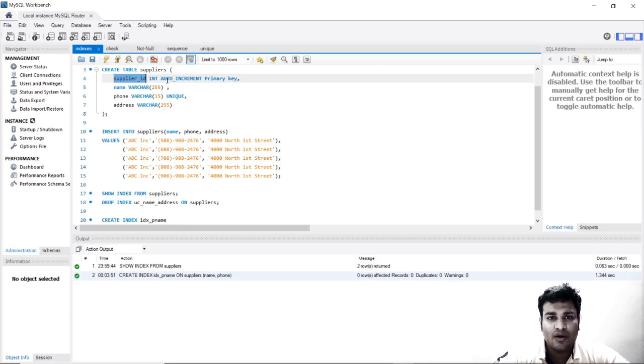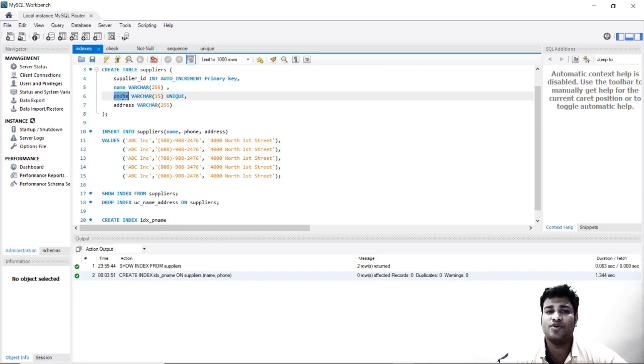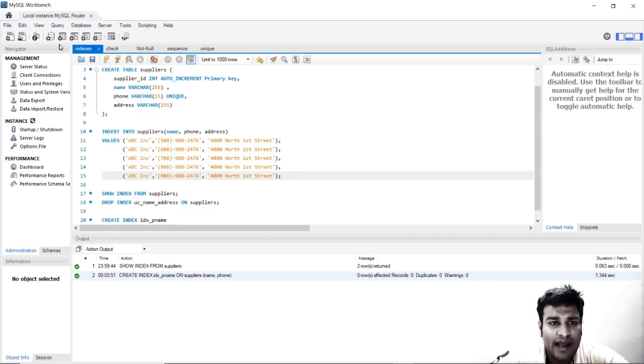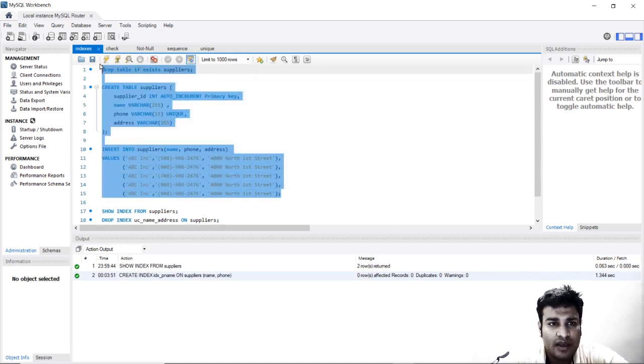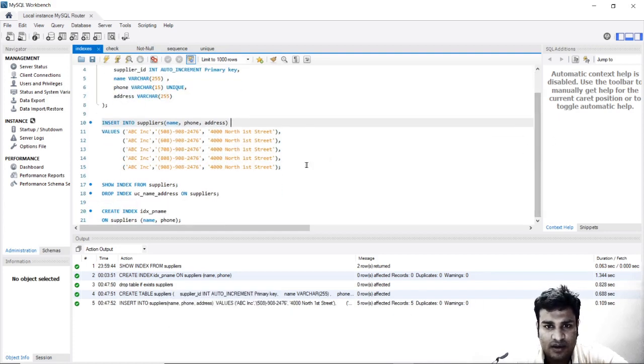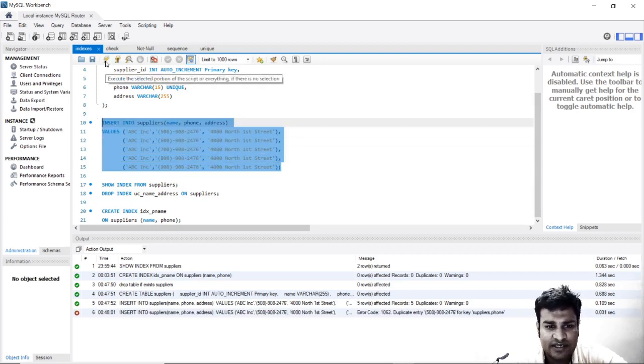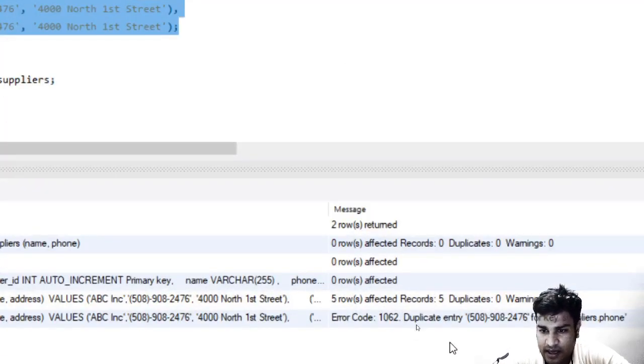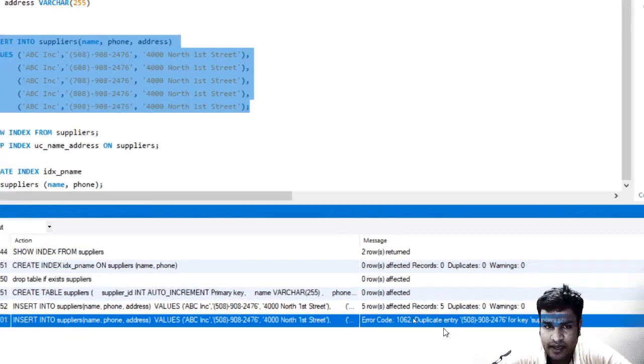Now in a unique constraint, the index will only contain one column, that will be phone number, which will be sorted, and we can have n numbers of non-clustered indexes, but clustered can only be one, which is tied to the primary key. Now what I will do is go ahead and create this table. You see over here that we have dropped it, we have created a table, and we have inserted 5 rows because all of them were different. Now again, if I try it, because it has a unique constraint, it will give an error. This is giving me an error, duplicate entry.